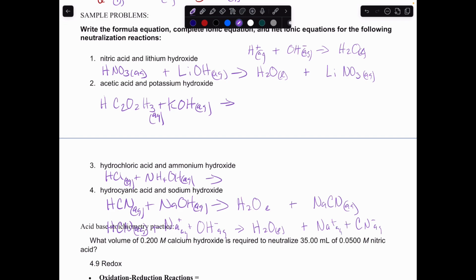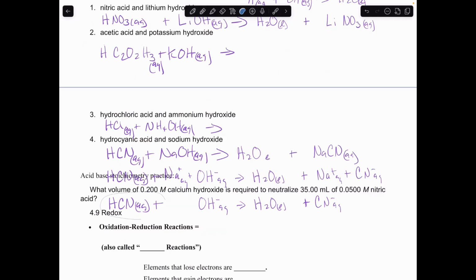I'll go back and make sure that these are all balanced. They do appear to be balanced. And now I can write the net ionic equation. So I'm going to go ahead and copy this and see what this looks like. This is unique, so when you have either a weak acid or a weak base, you're going to have some residual hydrogen or hydroxide left in the reaction. Here, since it was a strong base, there's some residual hydroxide left, and the acid is intact, so that looks reasonable for that one. So go ahead and try